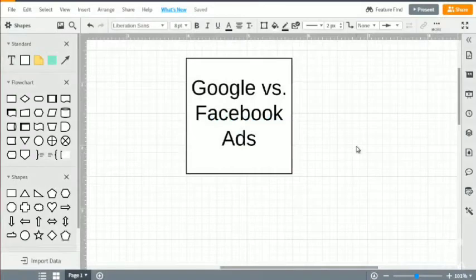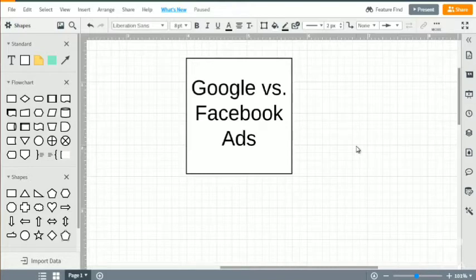So to better understand what kind of mindset you need to be in, what I want to do right now is to give you a comparison so that you can understand the differences between different types of paid traffic. So we have Google Ads, which we're referring to where you go to google.com and you type in a search keyword term, and then you see the ad at the very top. As you know, Google has many different types of ads. They have YouTube ads, they have Google display, banner ads. We're not talking about any of that. We're just talking about the search ads.